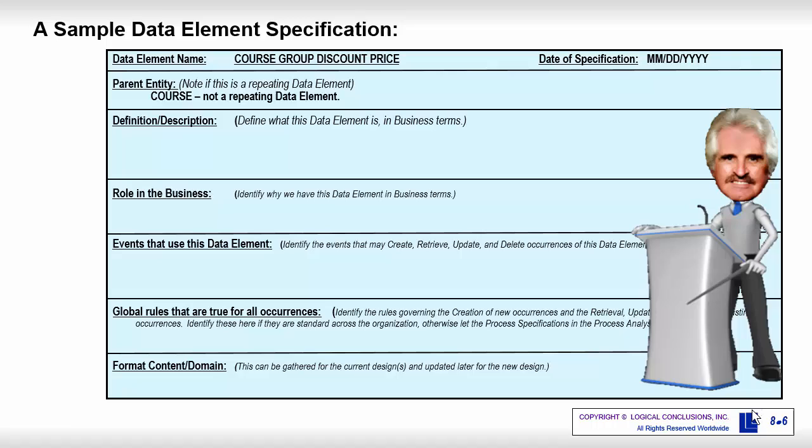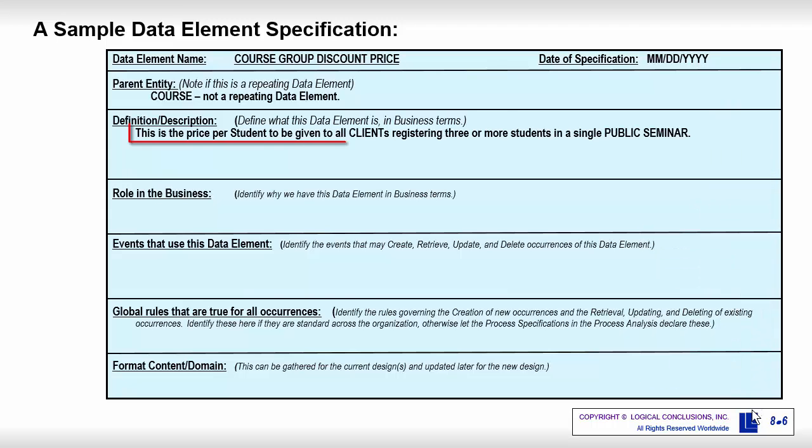Here's where it got a little interesting in my business. I remember I'd asked one of my staff to fill in the details of this specification, and she had left my office after the small discussion of this data element being assigned to a course, not a seminar. She came back and asked, "What is this data element to our business?" It was a simple answer. This is the price per student to be given to all clients registering 3 or more students in a single